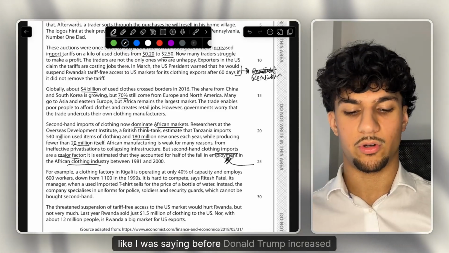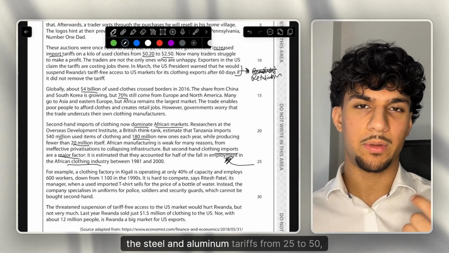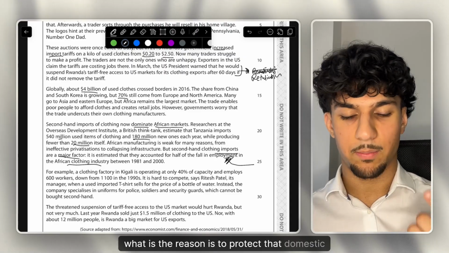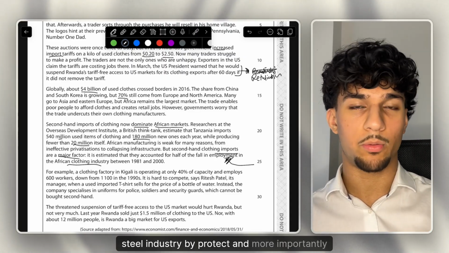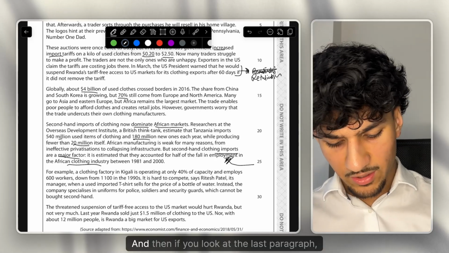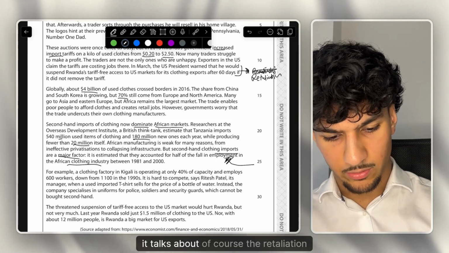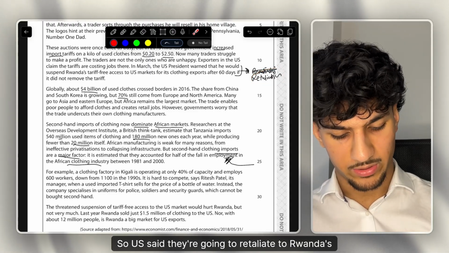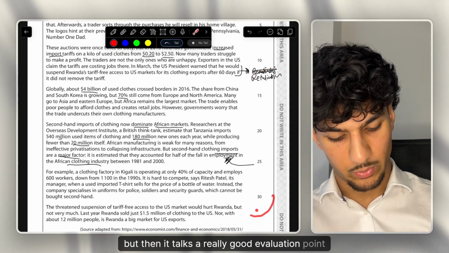And it's just like I was saying before, Donald Trump increased the steel and aluminium tariffs from 25 to 50%. What is the reason? It's to protect that domestic steel industry, and more importantly, protect domestic employment. And that is the main reason for all these tariffs. And then if you look at the last paragraph, it talks about, of course, the retaliation perspective of things. So the US said they're going to retaliate to Rwanda's tariff, but then it talks a really good evaluation point where